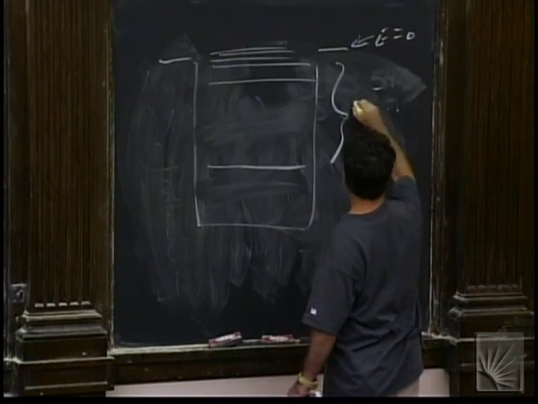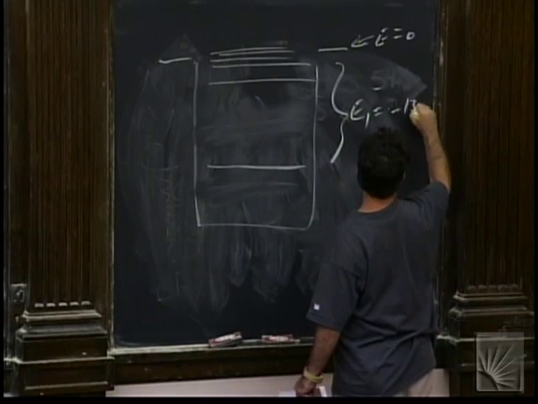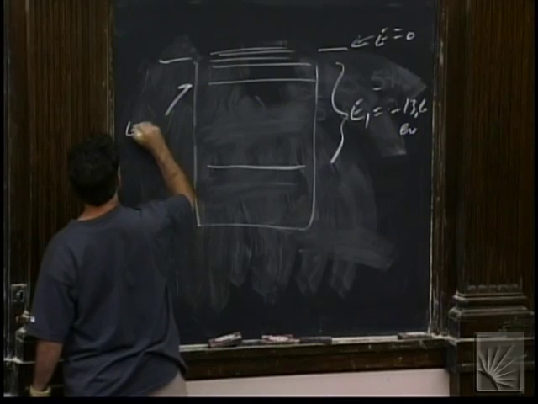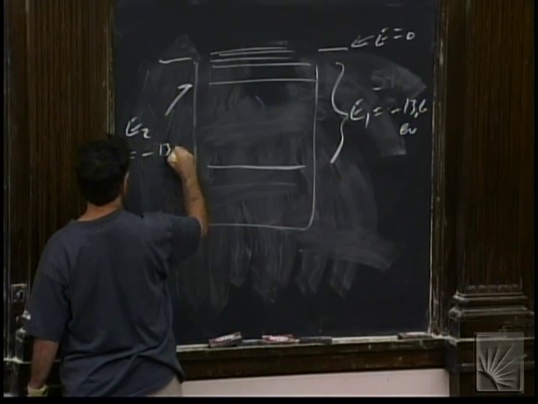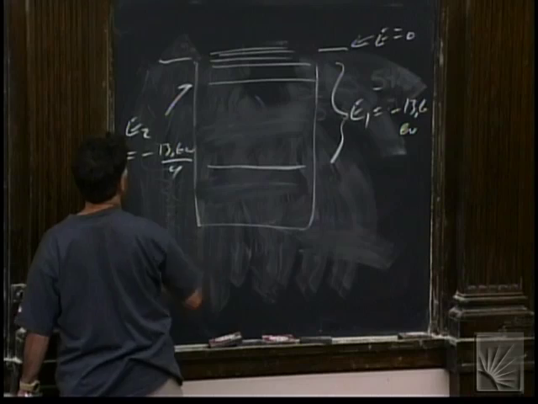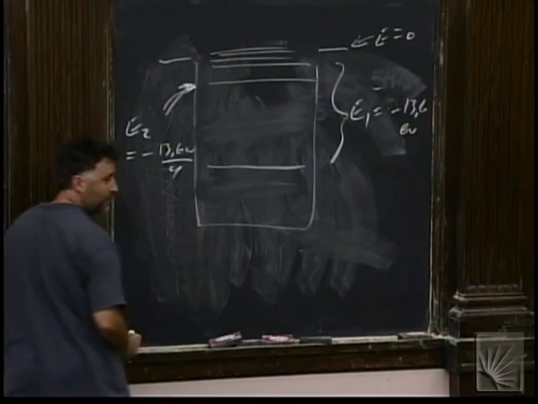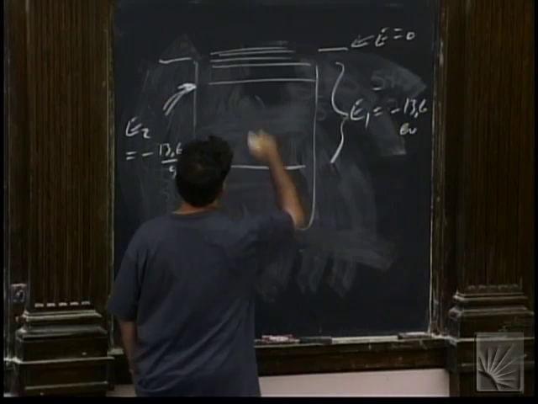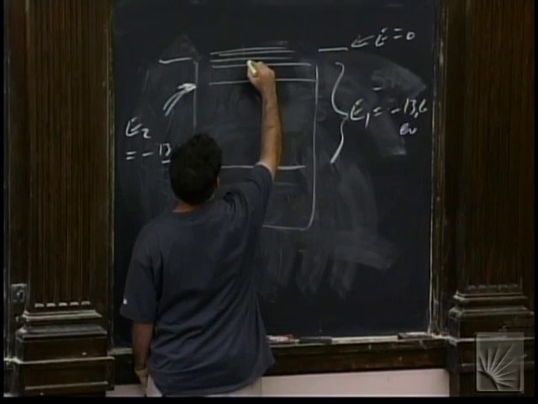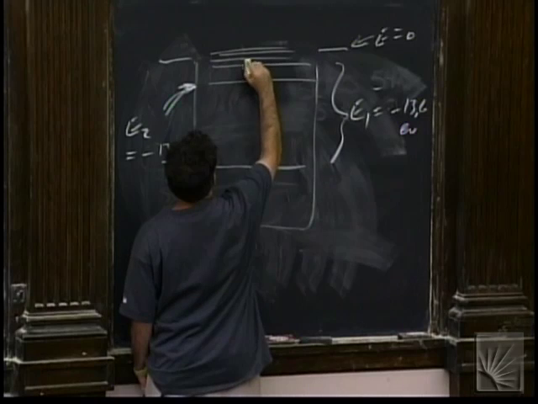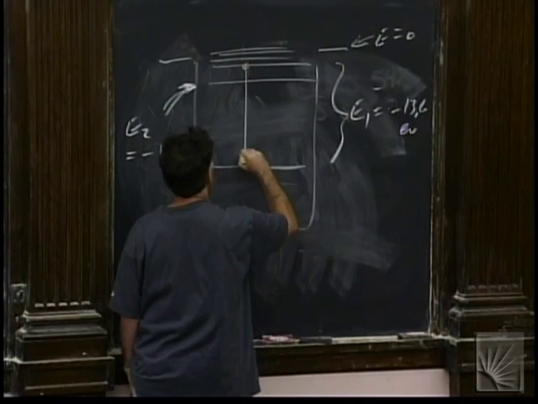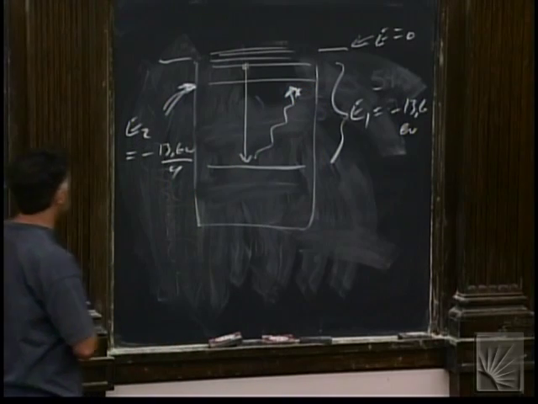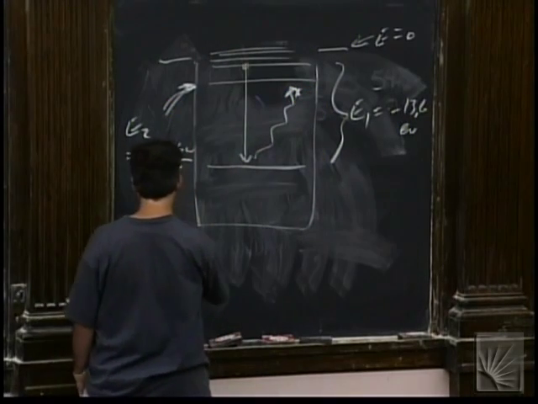So this one here would be the ground state, equal to minus 13.6 electron volts. And this here would be E2, which would be minus 13.6 electron volts divided by 4, and so forth and so on. One of the ideas that Bohr had, which was correct, is that if you have an electron transitioning from here, say, to here, then it gives off a photon. And so you would say that